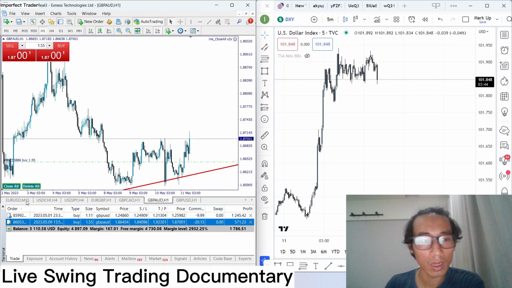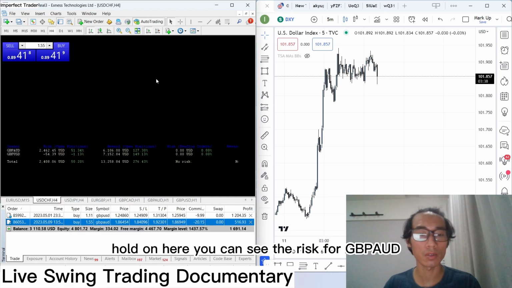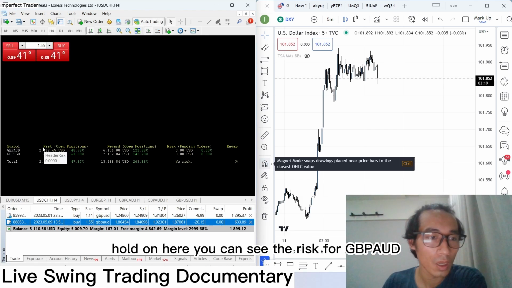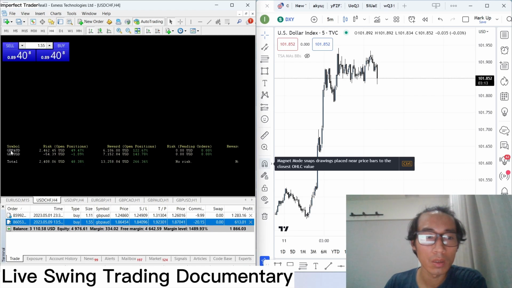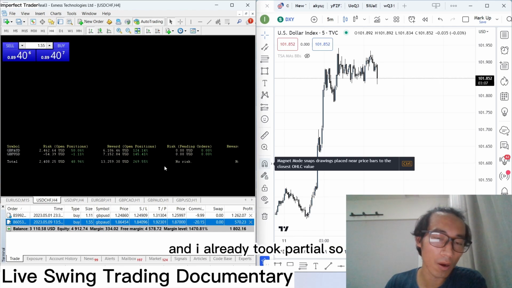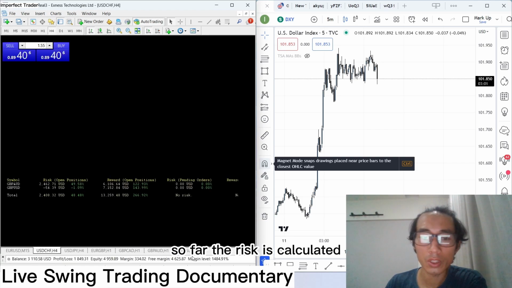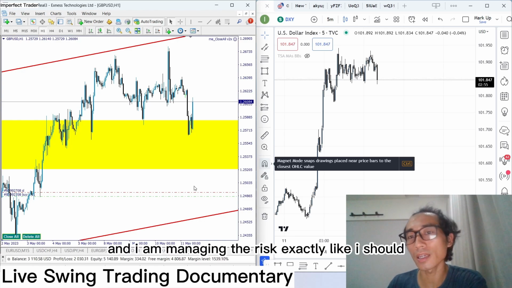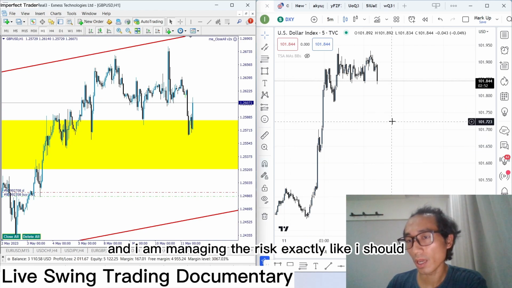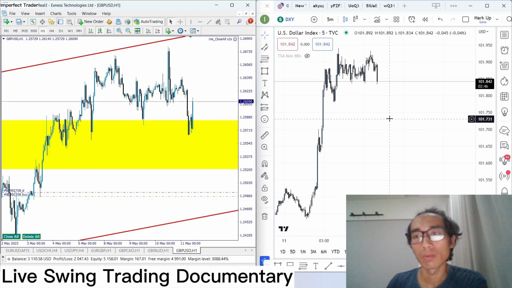So overall, here you can see the risk for GBP AUD. The risk is 2,500, and for GBP USD the stop loss is at break even, and I already took partial. So far the risk is calculated, and I am managing the risk exactly like I should. And my psychology level right now is basically